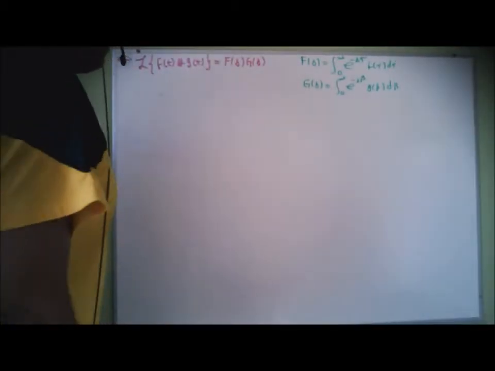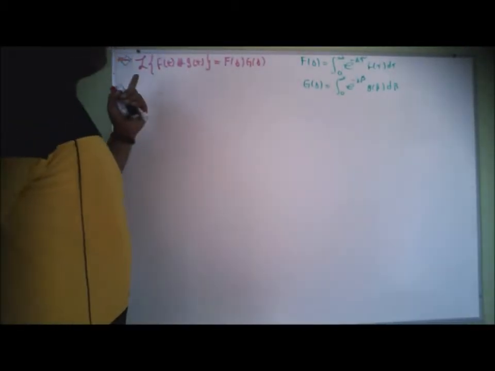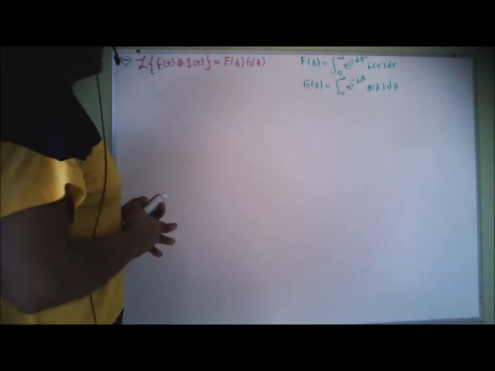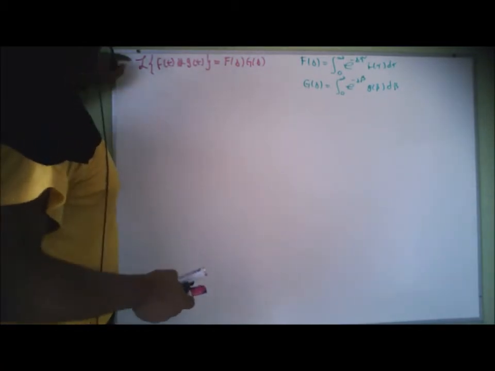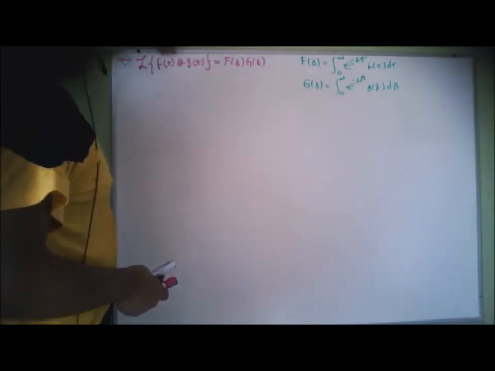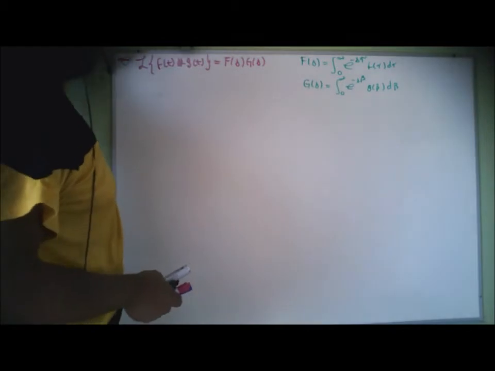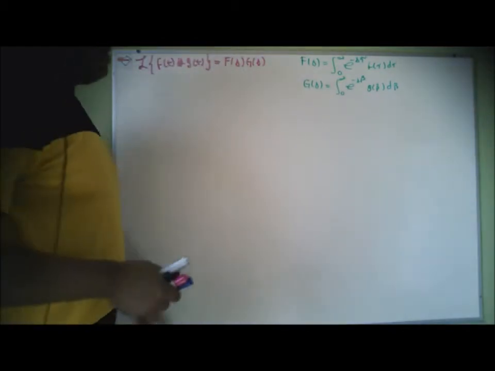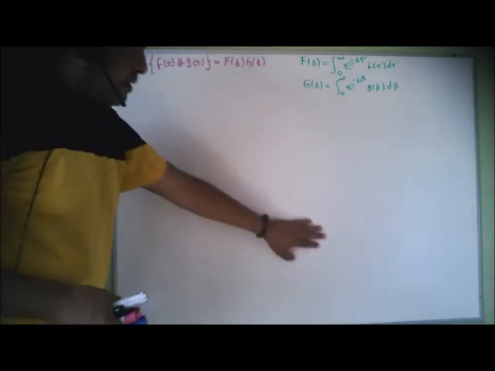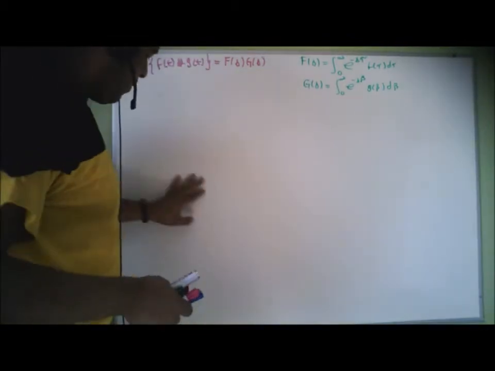Okay, engineers, in this video we are going to see the demonstration of the convolution theorem. The convolution theorem says that the Laplace transform of a function convolved with another function is simply, in the S domain, the multiplication of the Laplace transform of each one of them. In the previous video we saw an example where that actually happens, but we have to prove that it happens